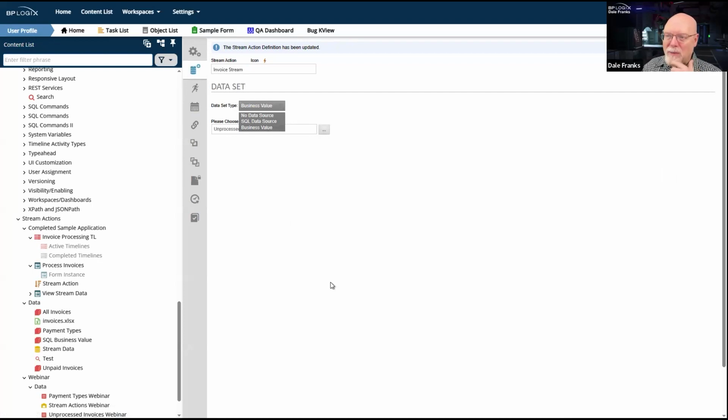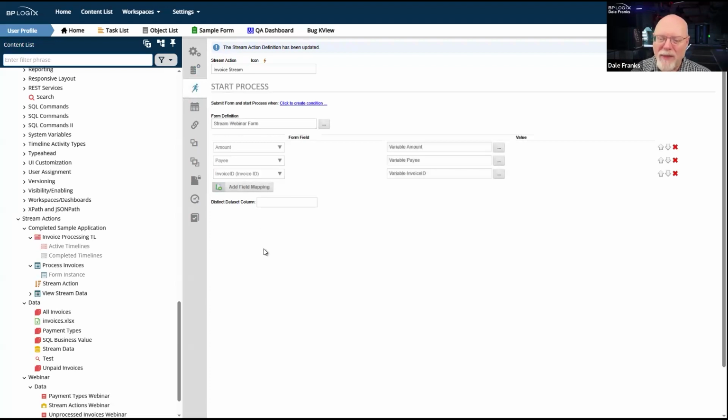You might actually be pulling repeated records, and you don't want to pull repeated records. You want to have distinct records. If I have the same record repeated twice, that's not going to be great because I'm going to be processing, in this case, the same invoice twice. I don't want to do that. So I need to select a column that will ensure that I don't get any repeated records. Let's think of it that way: what column, if I select on that column, will ensure that I don't get repeated records? That's what that distinct data set column does.